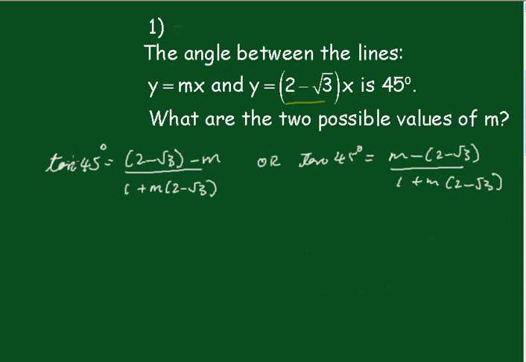Now tan of 45 is 1, so this just becomes 1 plus m(2 minus root 3) equals